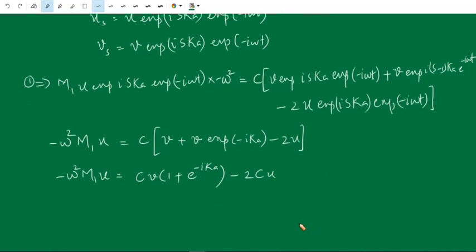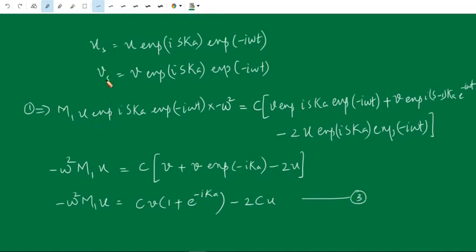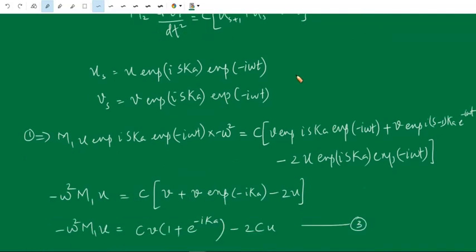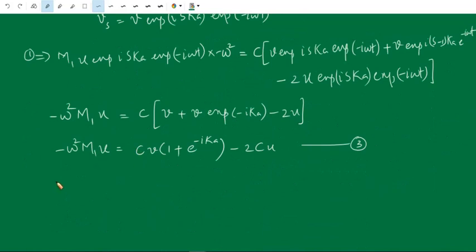So this is equation number 3. Similarly, if we substitute the value of u and v in equation number 2, m2 d square v by dt square equals c into u s plus 1 plus u s minus 2 v s, we will get the next equation as omega square